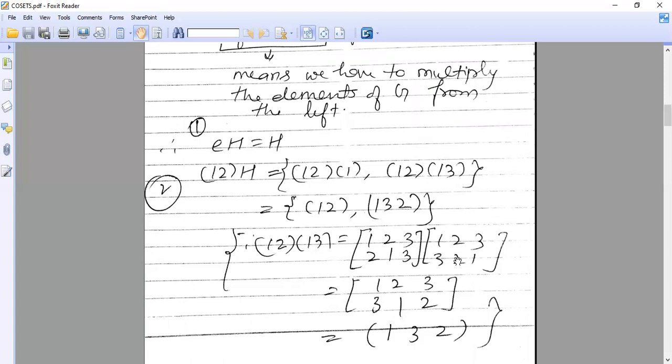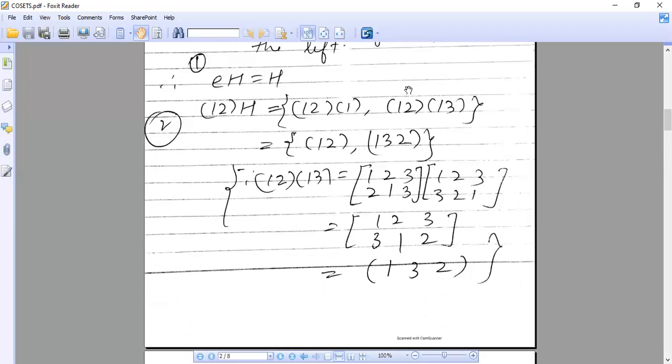As you already know, we multiply two permutations from right to left. So from here you see 1 is going to 3, and here 3 is going to 3. So 1 is going to 3. Then 2 is going to 2, and here 2 is going to 1, so 2 is going to 1. 3 is going to 1 and 1 is going to 2, so 3 is going to 2. So this is the result of the multiplication of these two permutations. You can write this permutation in the form of a cycle like this: 1 is going to 3, 3 is going to 2, and 2 is again going to 1. So (1 3 2). This is the cycle.